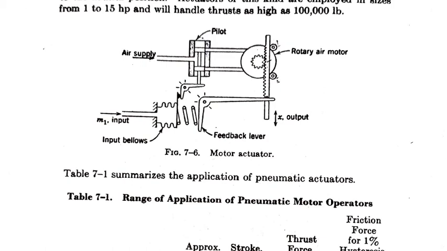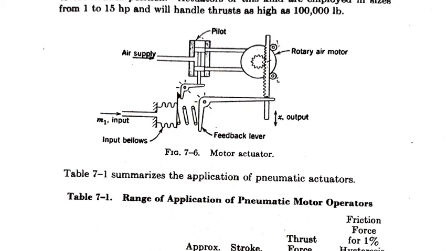Moving anti-clockwise means this entire spring, this zigzag servo type construction, will move to the top side. So this will move up whenever we apply air pressure from the bottom side, and whenever we supply air pressure from the top side, this will come down. This is the stem movement operation: the stem will be moved up or down according to the pressure we supply. So this is about pneumatic actuators. There are totally five types of pneumatic actuators.